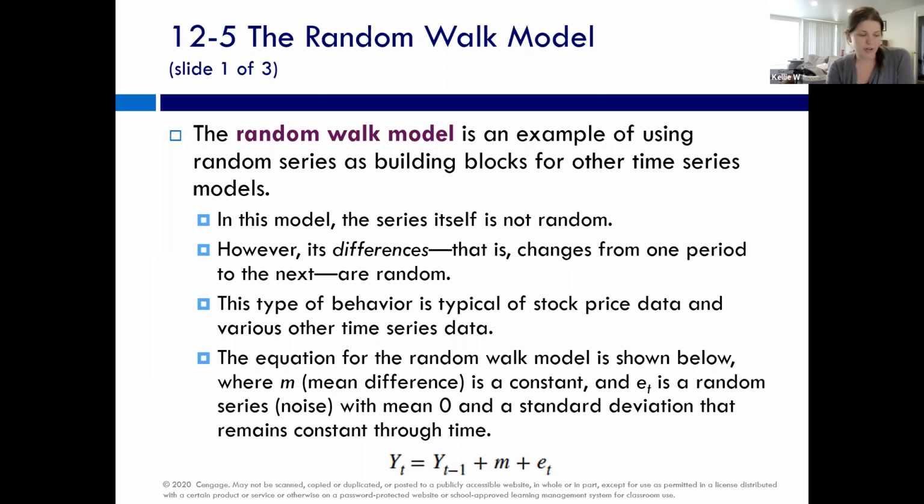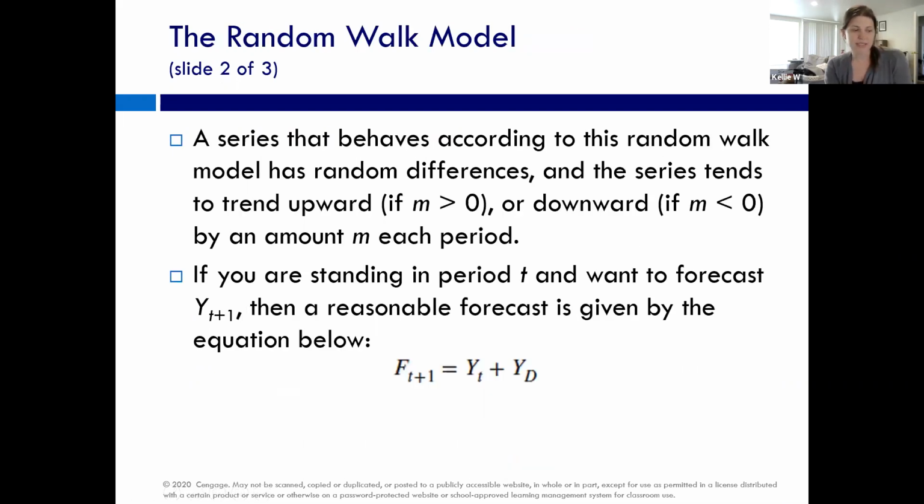And the equation for a random walk model looks like this here. M is the mean difference. It's a constant, and then the noise term of error is here. And then there's a mean of 0 and a standard deviation that remains constant through time. A series that behaves according to random walk models has random differences. So the series tends to trend upward when M is greater than 0 and downward when M is less than 0 in each period. So if you're standing in period T and you want to forecast the next period T plus 1, then you could use the forecast